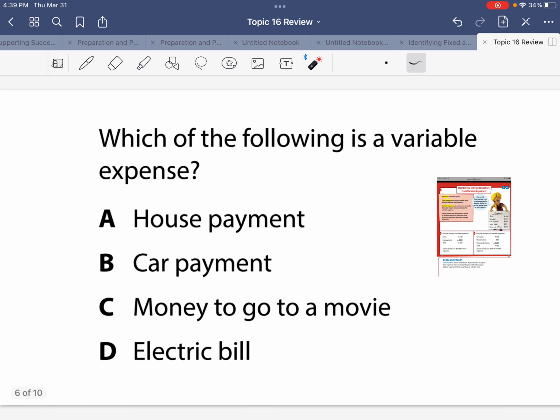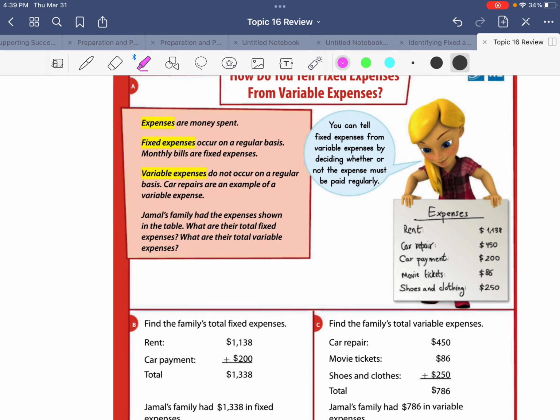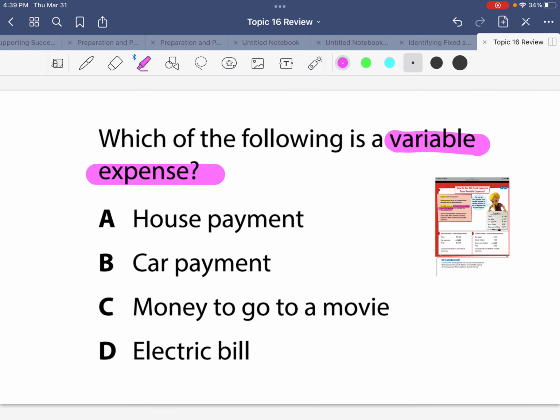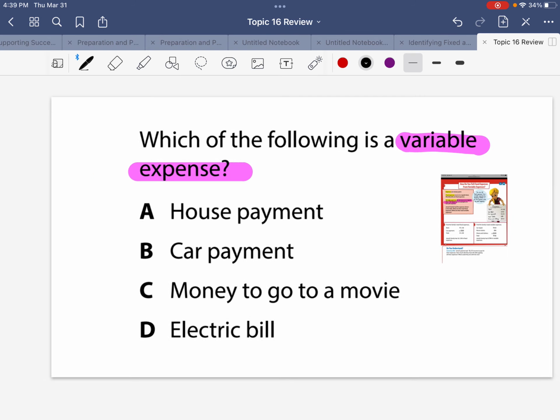Okay, next problem says, which of the following is a variable expense? So I'm going to highlight variable expense. And I'm going to look at my anchor chart. So my anchor chart says, a variable expense does not occur on a regular basis. Car repairs is an example. Okay? So over here on the side, I'm going to put